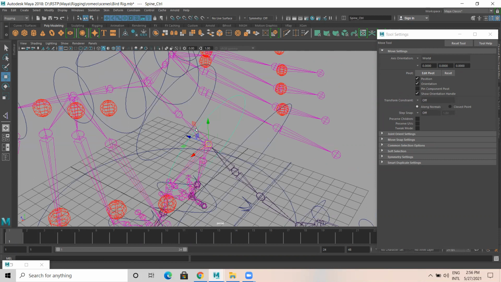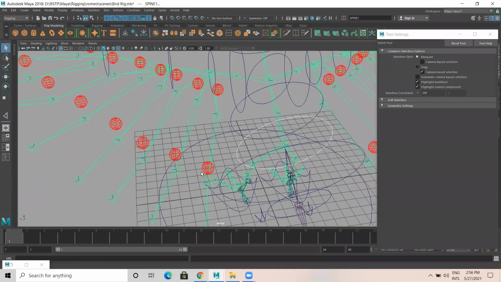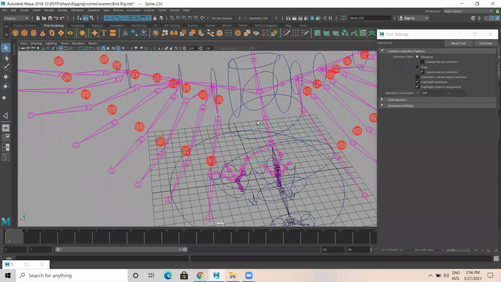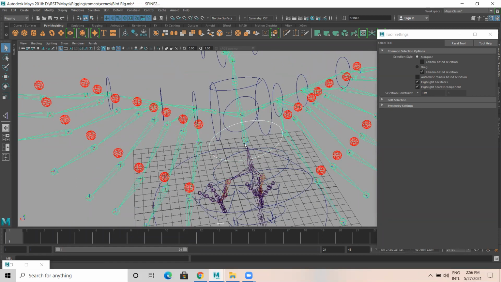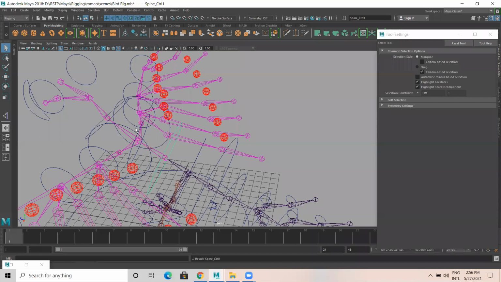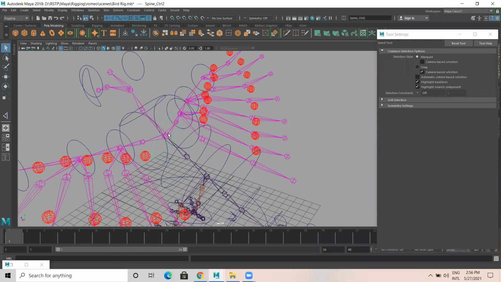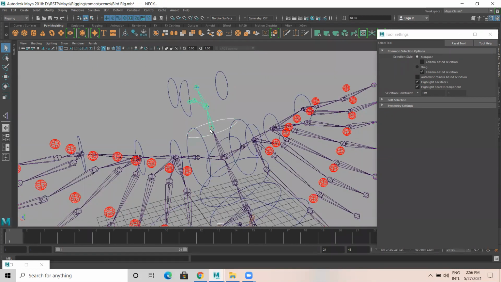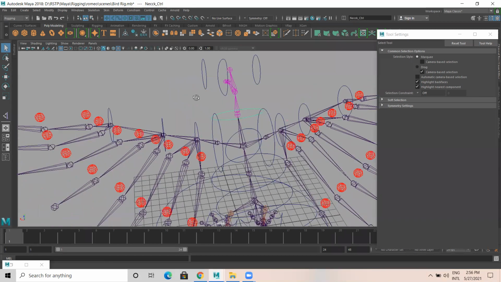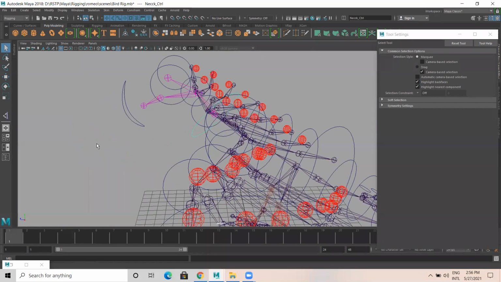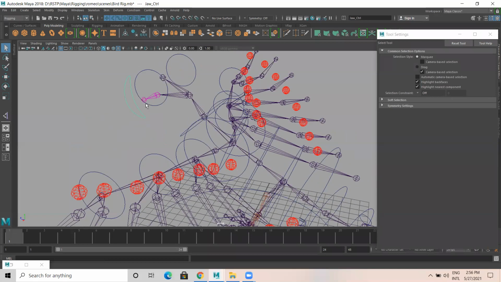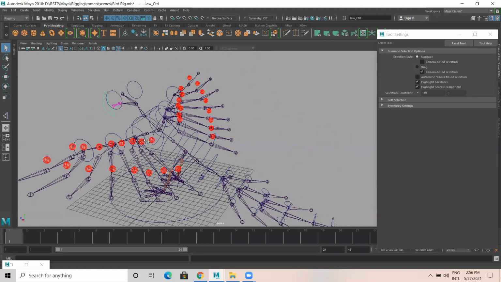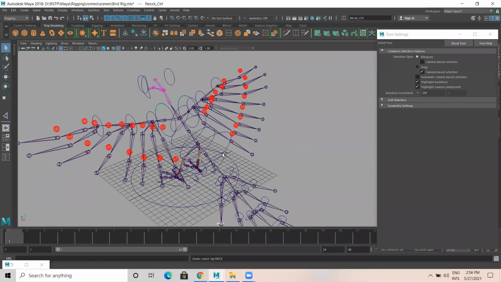So what I do, I select this one and I need to select this joint. Press P, parenting. Select this and this, P. Select this and this joint, P. Similarly, select this and this, P. Select this. Yeah, I think we did something wrong here. I'm parenting for the joint. Actually, I should not do it for the joint. It's for the controller, right?